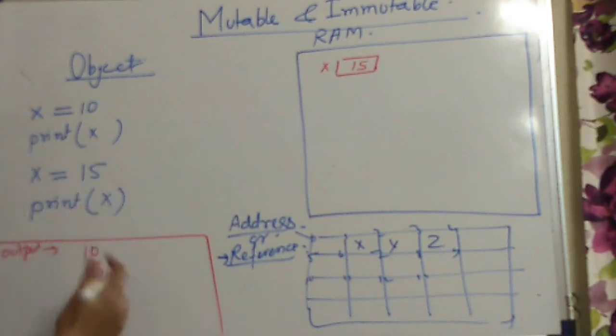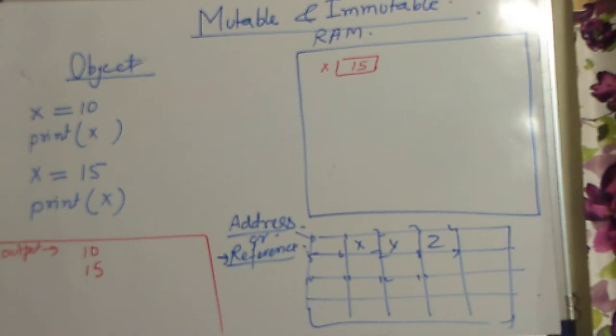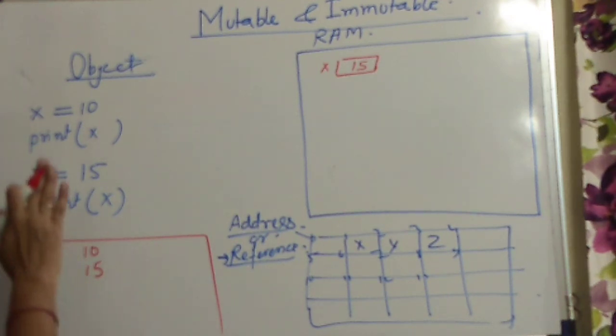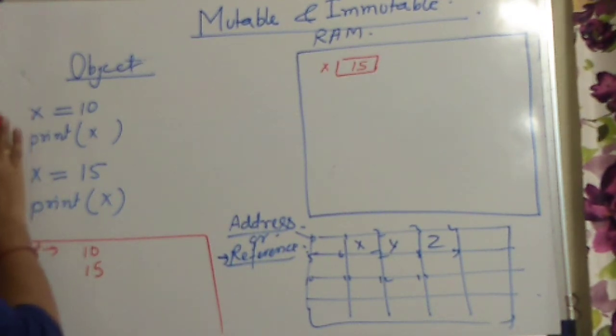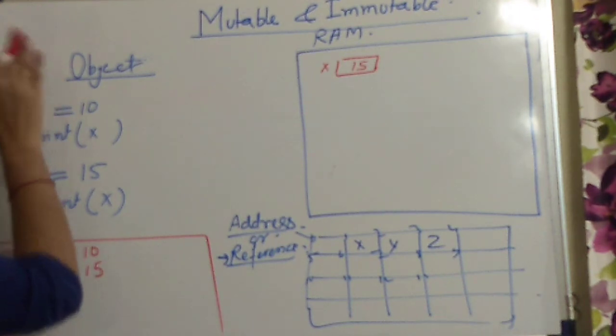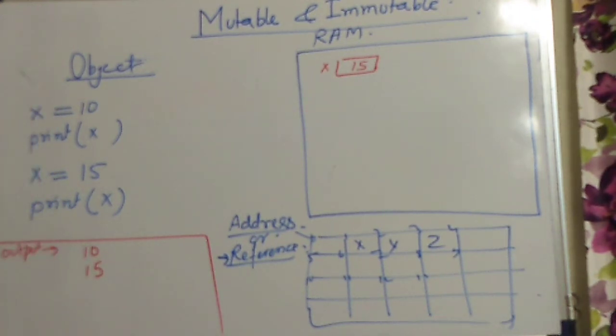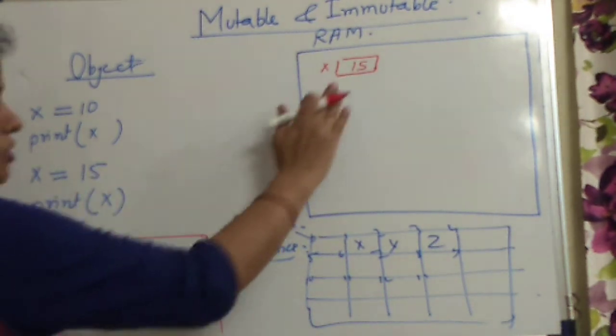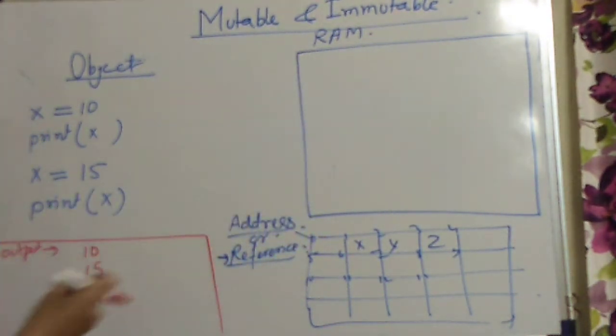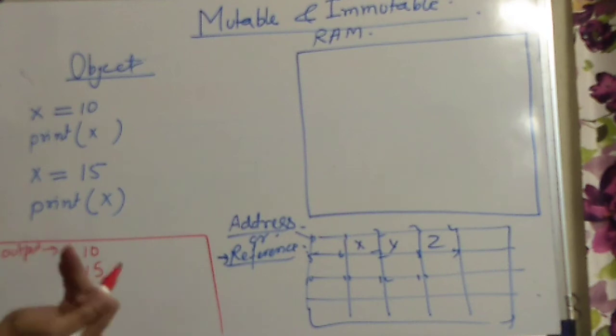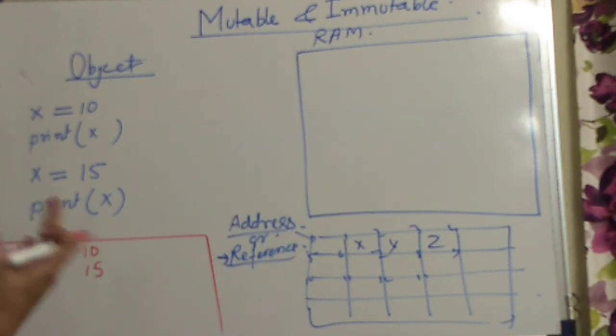And when you print x, 15 will get printed right now. But now I am going to tell you a fact about these variables, which are not actually variables, they are the objects. Clear? They are the objects. So I am going to make it clear what the object actually is, a very broad area. Then the object will be a little bit clearer to you, and some hidden parts of objects are also there.